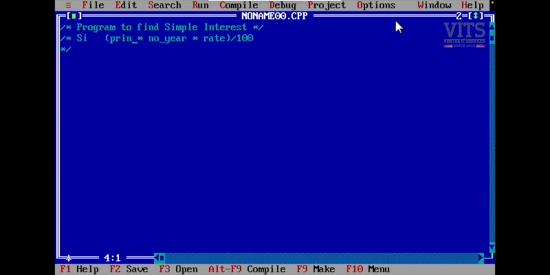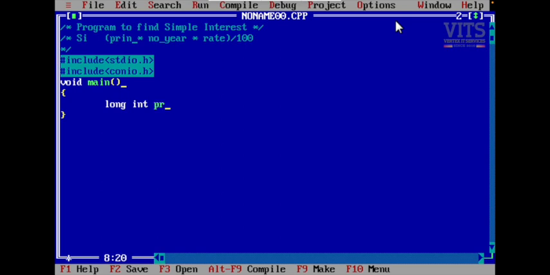So now let us start writing the main method. So I am again including my header files stdio.h and conio.h, and I write the main method. Now we need to decide the data type for principal amount, number of years, and rate of interest. So we can say principal amount is long int, number of years is int, and rate of interest is float or double. So let us say I have declared